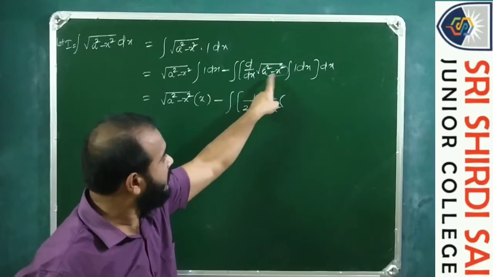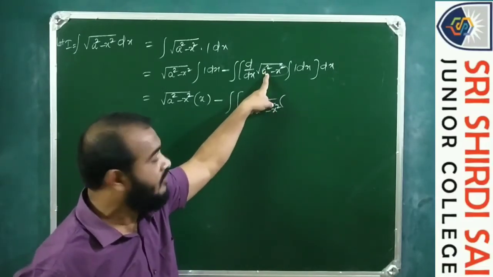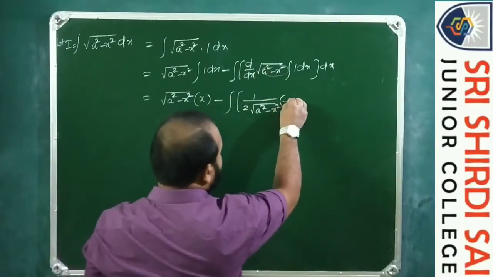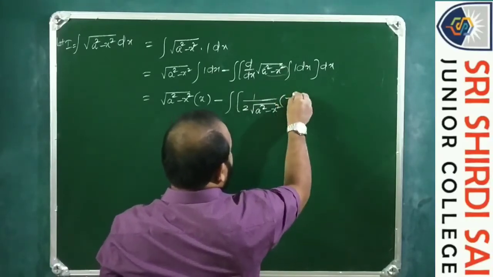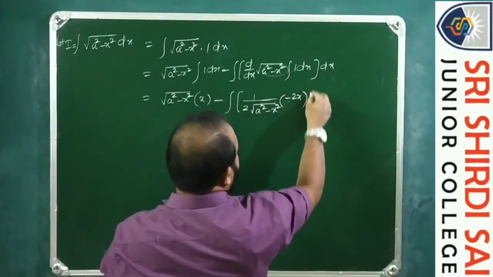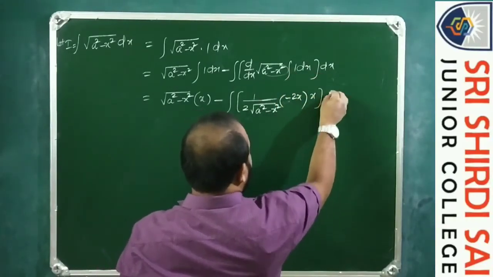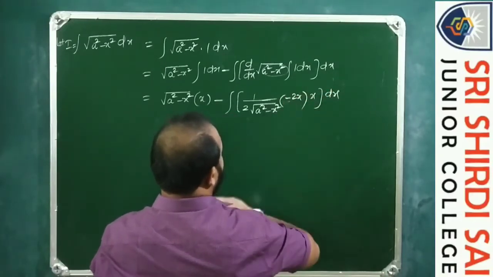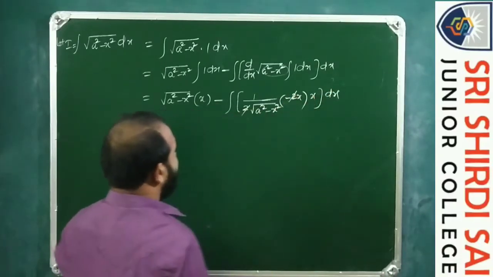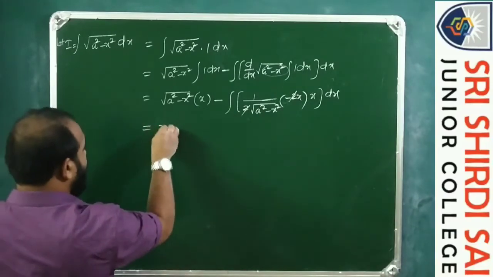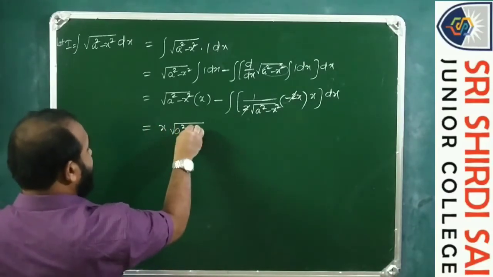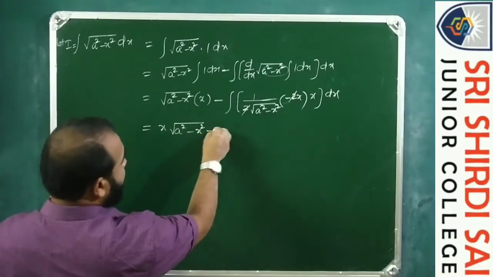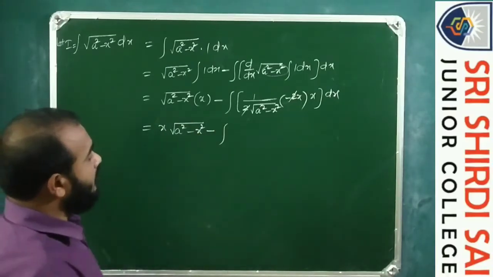So now d by dx of a square minus x square: the derivative of a square is 0, minus the derivative of x square, which is 2x. Integral 1 dx is x, whole dx. So the 2 gets cancelled. So this is equal to x root of a square minus x square minus integral of